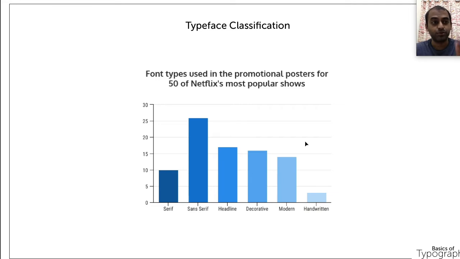A recent study shows, there is an article, I'll share the link in the description. We are going to see the link in detail in one video, because that clearly explains the psychology of fonts, which will be covered in upcoming videos. But that blog shows that about 25% of the promotional posters are sans serif font. And modern is again a subset of sans serif font. So 25 plus 15, it is almost 40% of Netflix promotional posters made up of sans serif font only. By this you can understand the level of sans serif font.